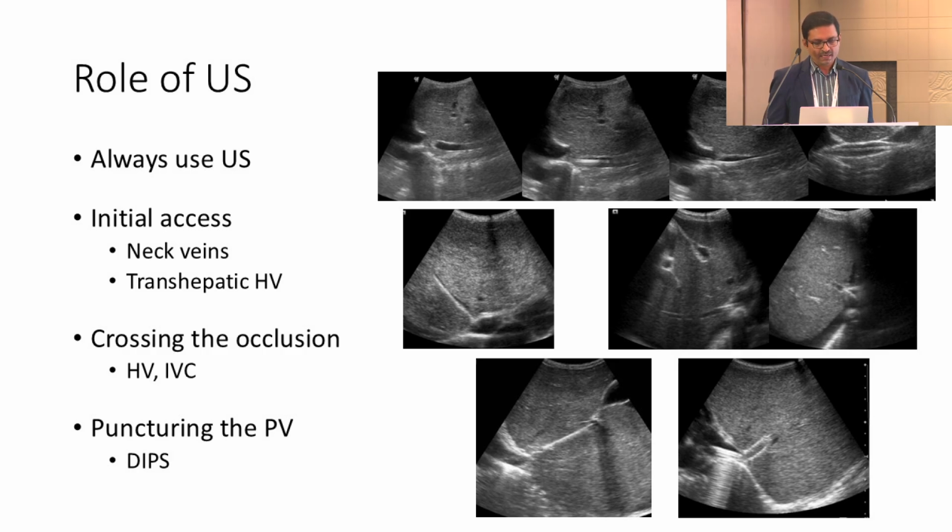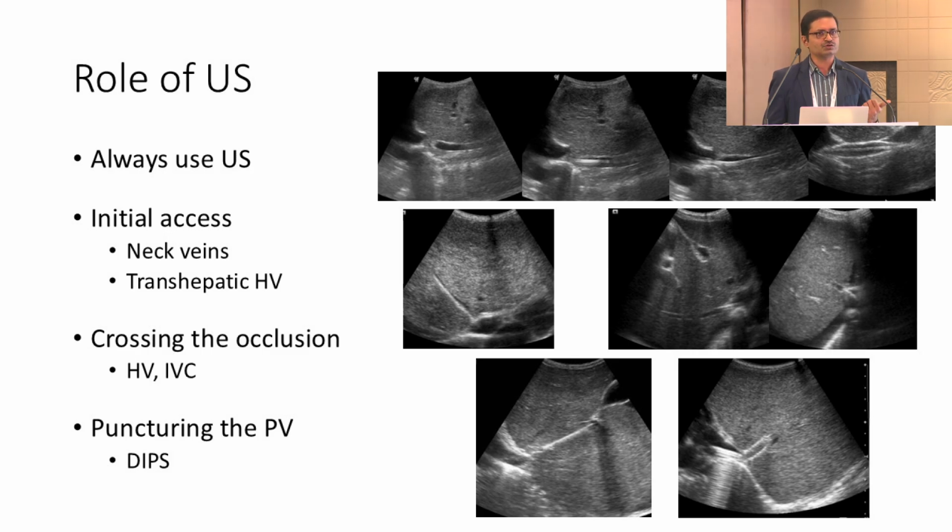Like in this case, we can see there is an IVC obstruction and we can direct our angled dilator, and easily cross the obstruction and reach from one lumen to another lumen. This will help us cross the obstruction confidently, instead of taking our wire in a different way into the pericardial space or a retroperitoneal space. So ultrasound is very helpful during the procedure as well. Similarly, in the case of transhepatic occlusion, we can see our catheter and wire, and if we puncture across the membranous obstruction, we are going to reach the IVC.